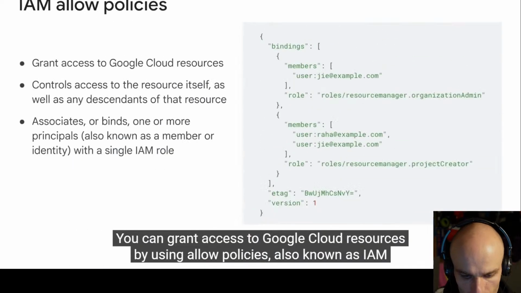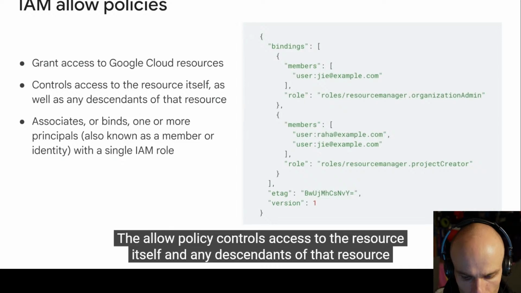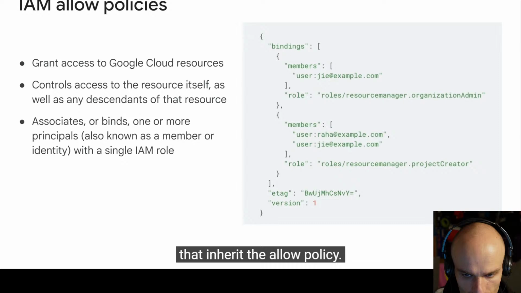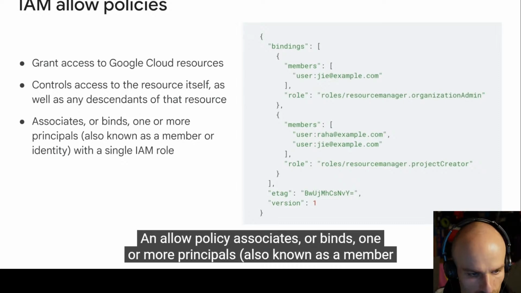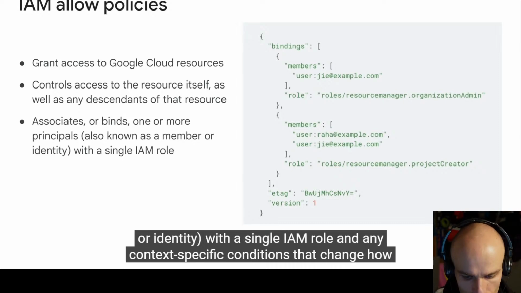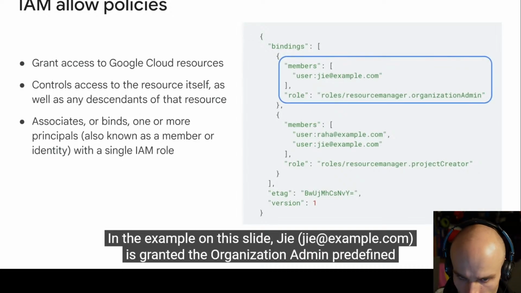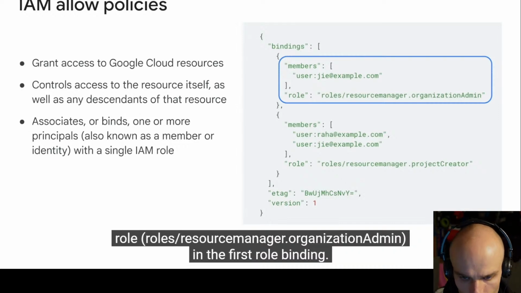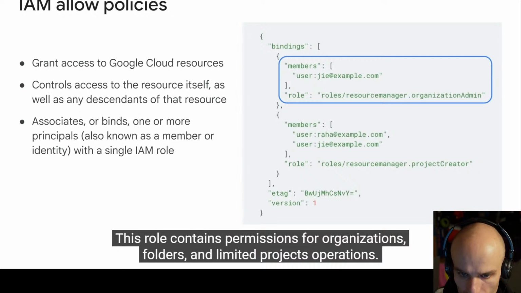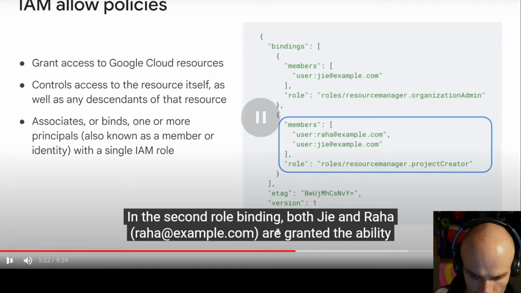You can grant access to Google Cloud resources by allow policies, also known as IAM policies, which are attached to resources. The allow policy controls access to the resource itself and any descendants of that resource that inherit the allow policy. An allow policy associates or binds one or more principals with a single IAM role and any context-specific conditions that change how and when the role is granted. In the example on this slide, Gia is granted the organization admin predefined role, roles/resourcemanager.organizationAdmin, in the first role binding. This role contains permissions for organizations, folders, and limited projects operations. In the second role binding, both Gia and Raha